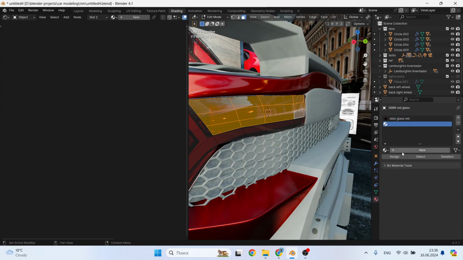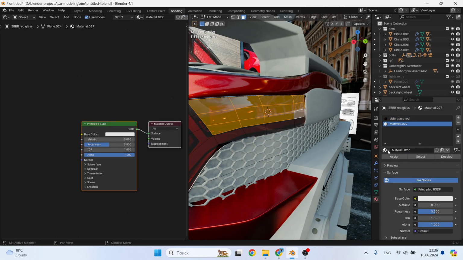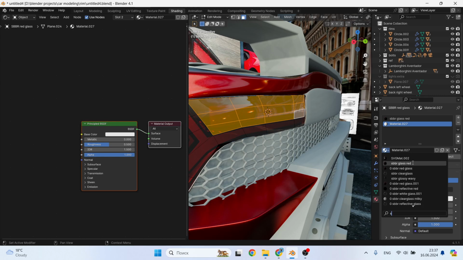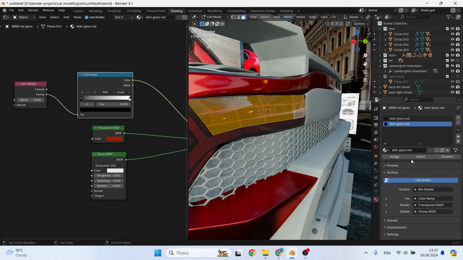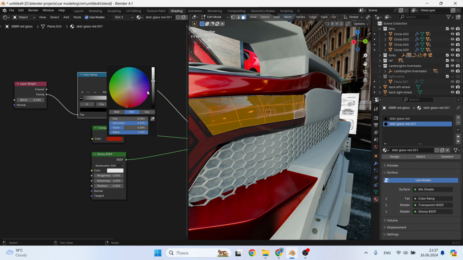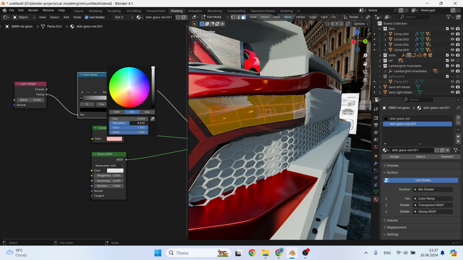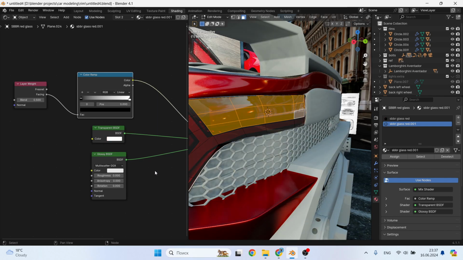For this we find red, copy it. Remove the red color and add brightness. Then apply the material.